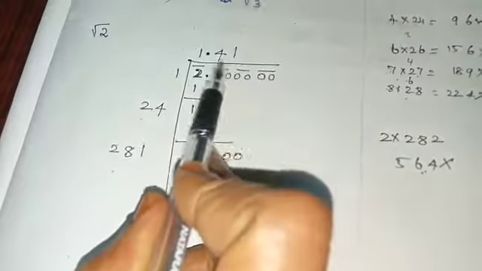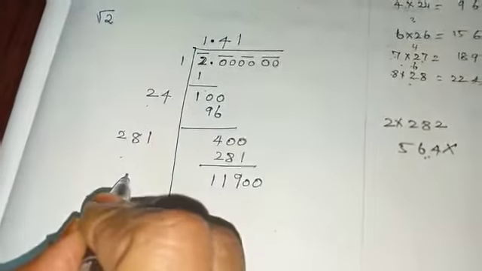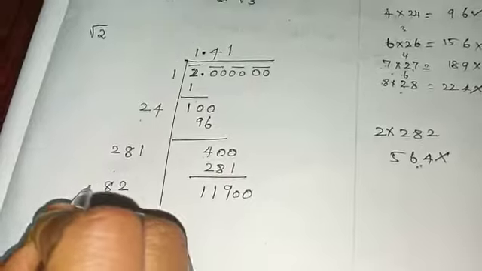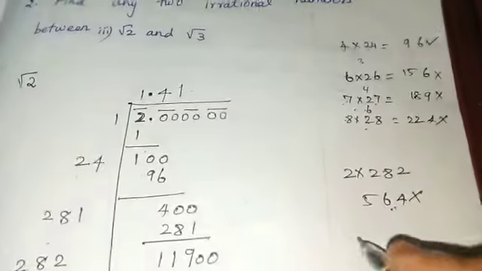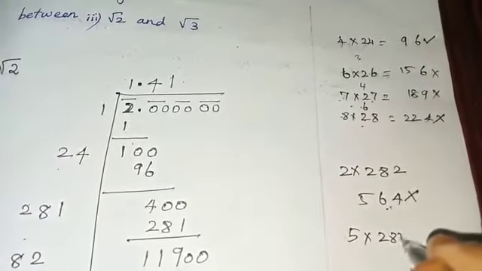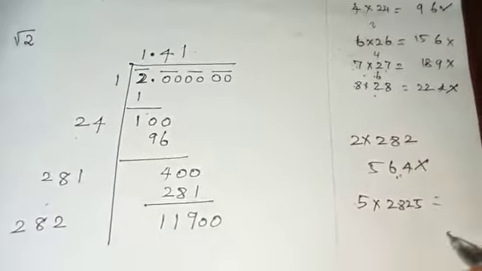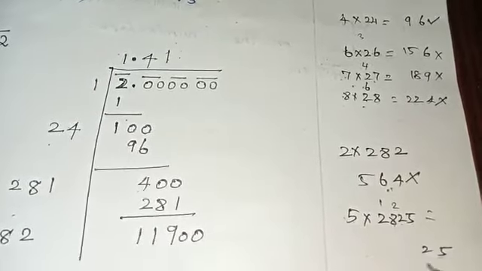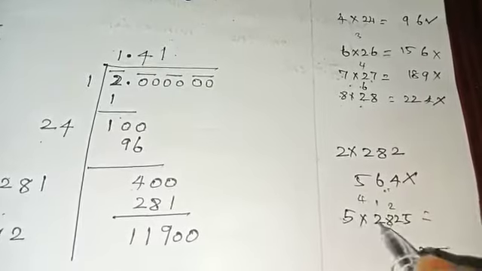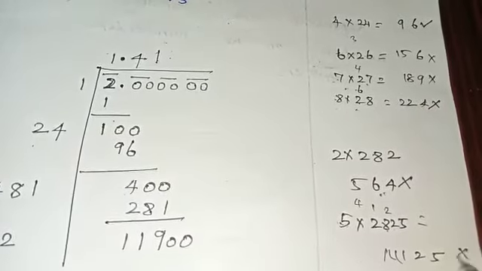So, again multiply the quotient into 2. So, 1 2s are 2. 2 4s are 8. 1 2s are 2. Okay. So, next. Suppose here I will take 5. Here also 5. So, 5 into 282, 5 5s are 25, 5 2s are 10 plus 2, 12, 5 8s are 41, 41 balance, 5 2s are 10. So, 5 will not come.